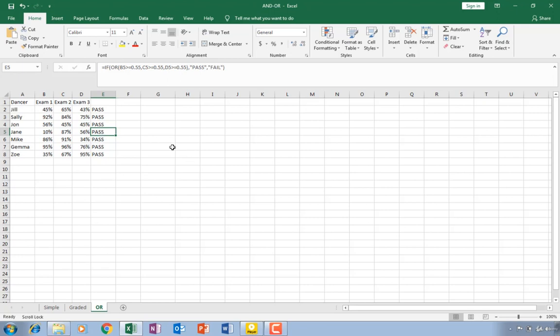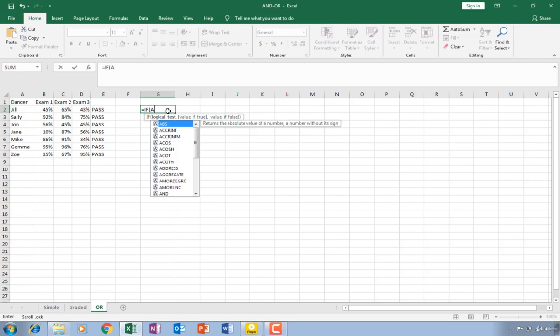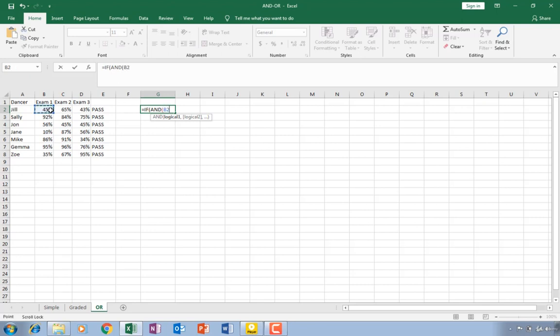We can also do another calculation of an OR statement to show how we can combine them. Let's do it over here. On cell G2, we can combine the IF and OR statements together to make this kind of formula. You start with an equal sign, then type IF, open brackets, and open brackets, if B2 is greater or equal to 0.55%, comma, or